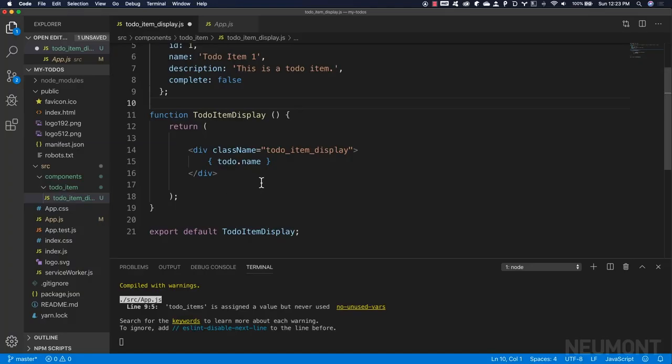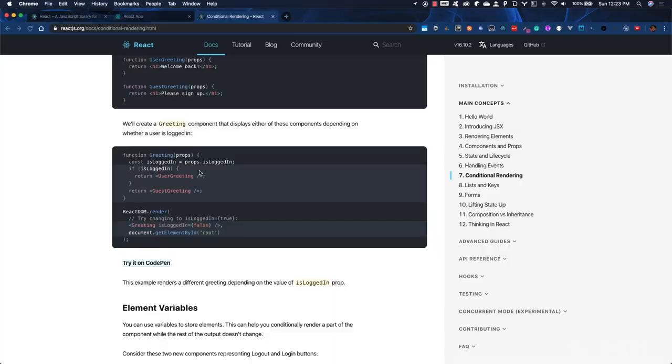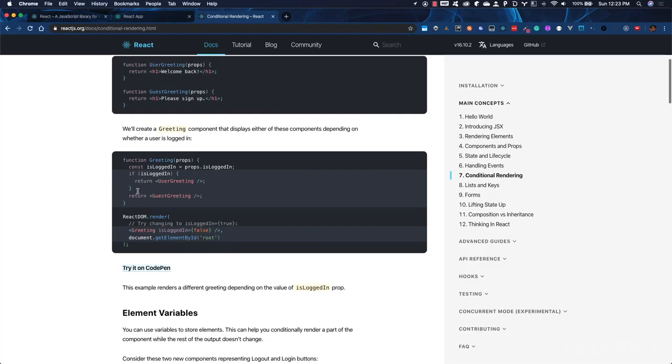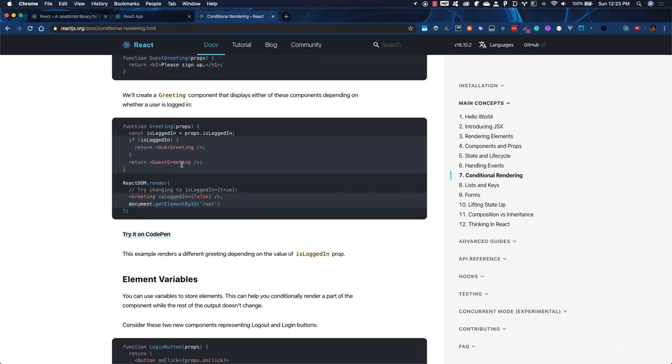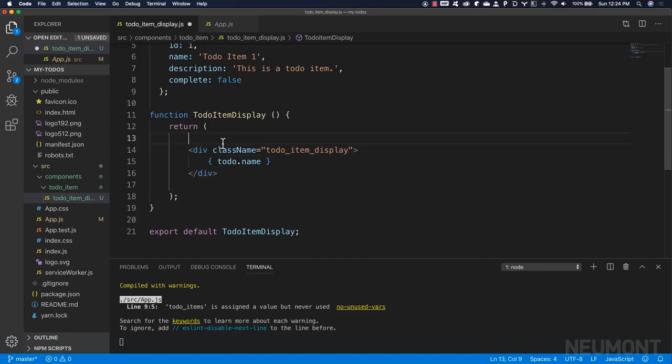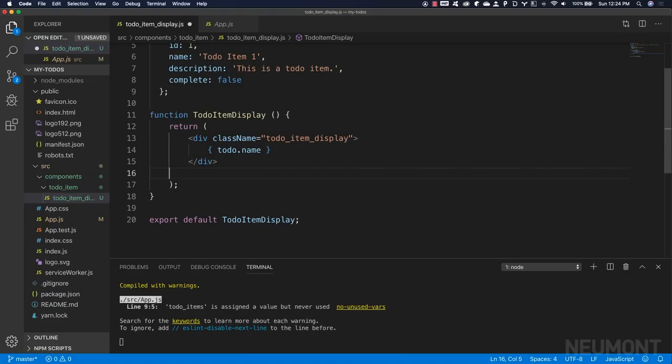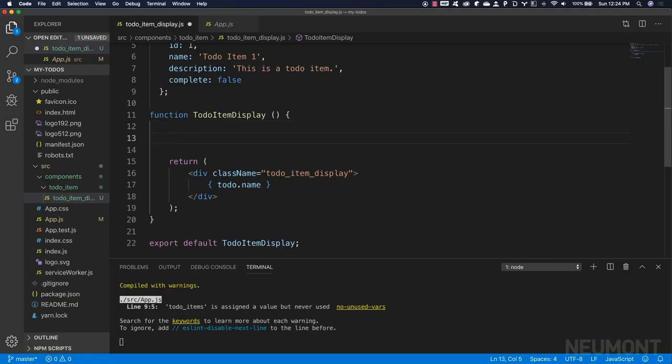Now, being that we're dealing with a simple functional component, and we've got a return right here, just like these ones, but instead of returning subcomponents or child components, we're just going to be returning actual JSX. Well, we can do that with this similar syntax right here. And we can do that simply by putting our code back the way it was before we started messing with it. And we can do this right here. We can say if todo.complete,